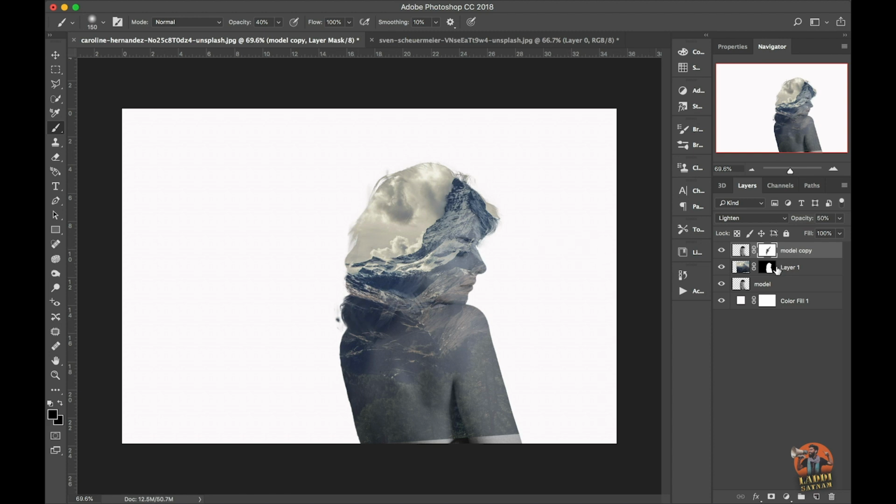Now select the mountain layer and make sure you are on its layer mask. Now start deleting the area from the face to reveal the model's face.